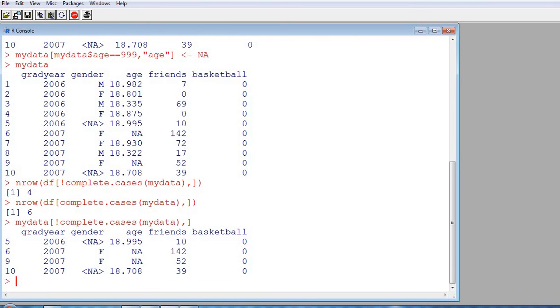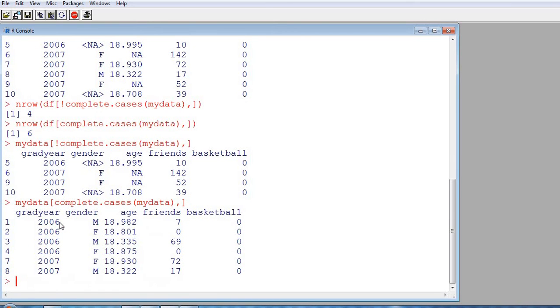So it will display only those rows which are not complete. Here the not operator is used. Opposite to this, if I remove the not operator, then I will get all those rows which are complete. So here we got the count, and here we got all those rows which are either complete or not complete.